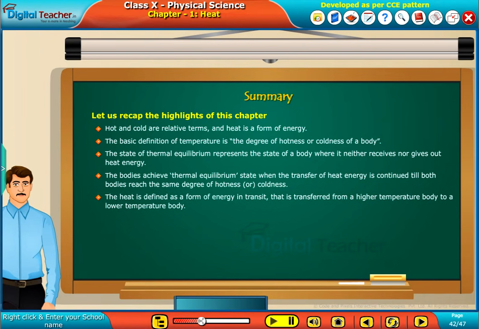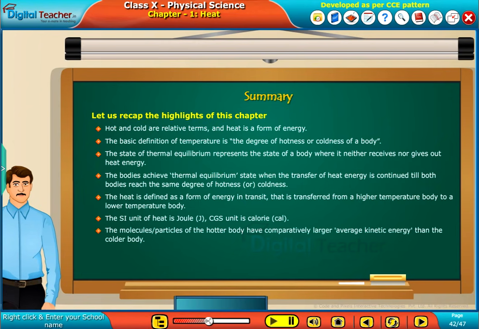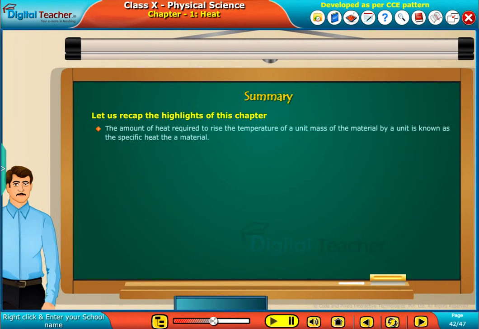Heat is defined as a form of energy in transit that is transferred from a higher temperature body to a lower temperature body. The SI unit of heat is Joule, CGS unit is calorie. The molecules or particles of the hotter body have comparatively larger average kinetic energy than the colder body. The amount of heat required to raise the temperature of a unit mass of the material by a unit is known as the specific heat of a material. The CGS unit of specific heat is calorie per gram degree centigrade,